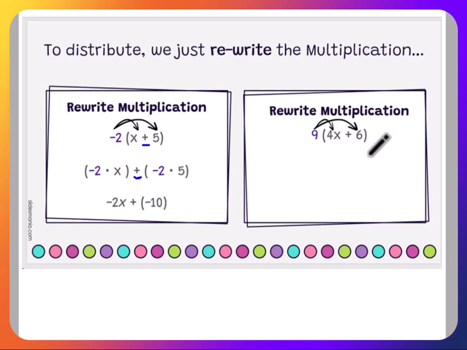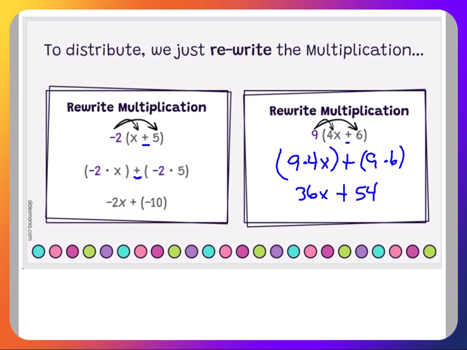So let's do the same thing for this example. We're going to distribute the 9 to the 4x. That means we're going to do 9 times 4x. Then we have a plus sign that we bring down. The second term is the 6. We have to distribute the 9 to the 6. 9 times 6. Multiply. 9 times 4x gives us 36x plus 9 times 6 is